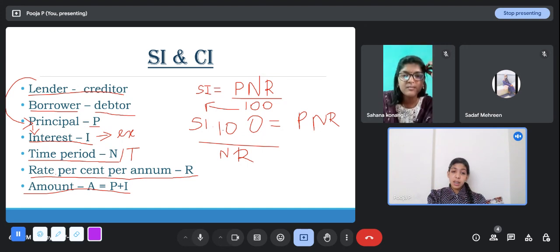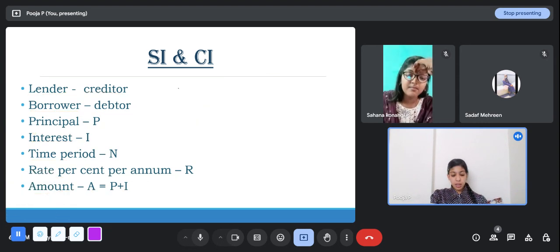Remember one thing always: these terms should be logical. Even if you are practicing by taking any value, don't say that somebody is borrowing a principal of 500 rupees for 10 years at a rate of interest of 50 percent. That logic doesn't work. Try to fit into real world logic, otherwise you will get answers in very funny or weird values. So think of it logically as well.